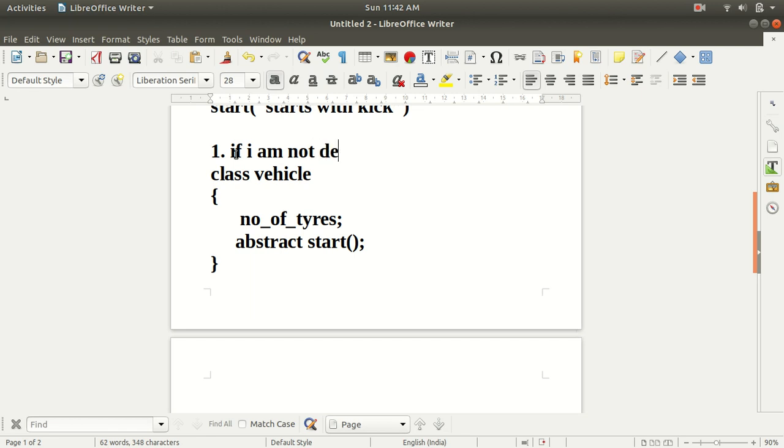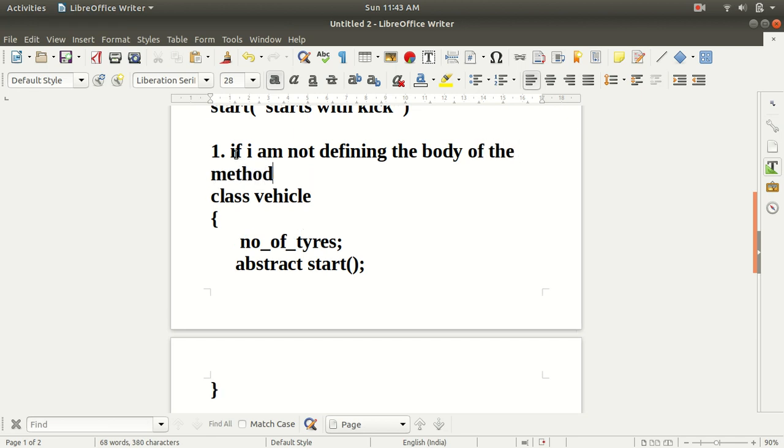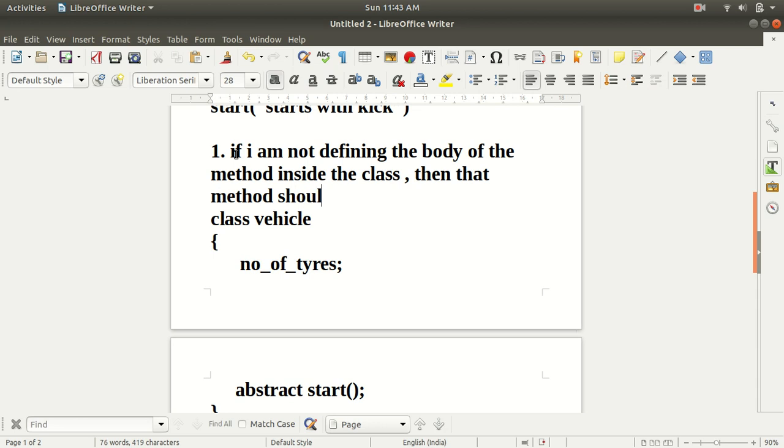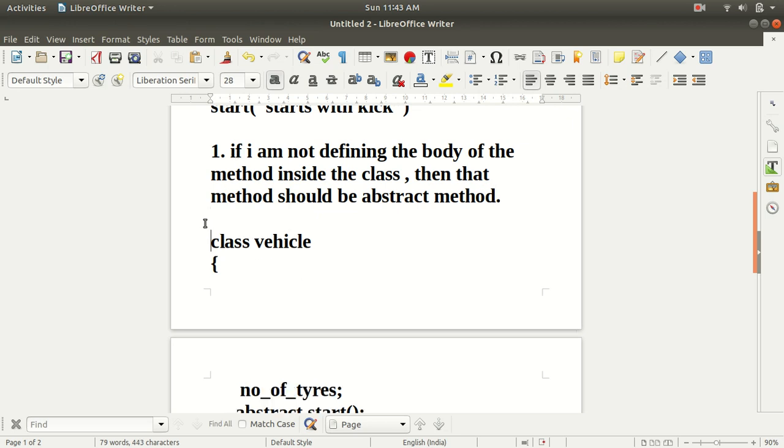So we have to write this method as abstract, because the rule says: if I am not defining the body of the method inside the class, then that method should be an abstract method.